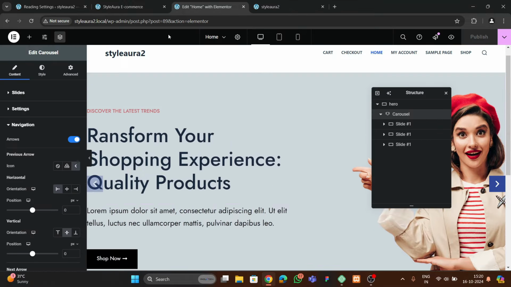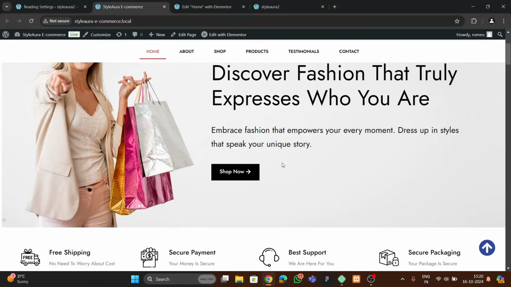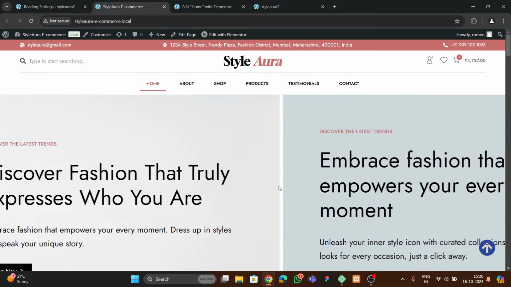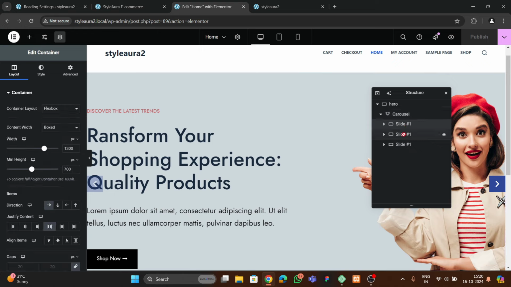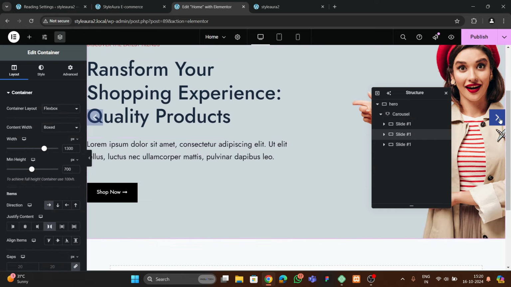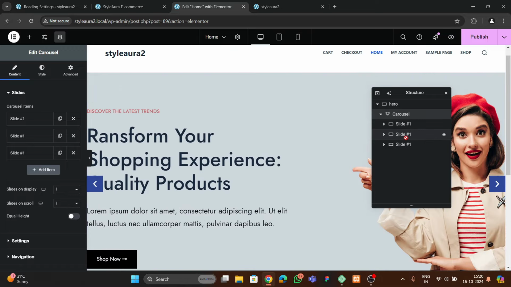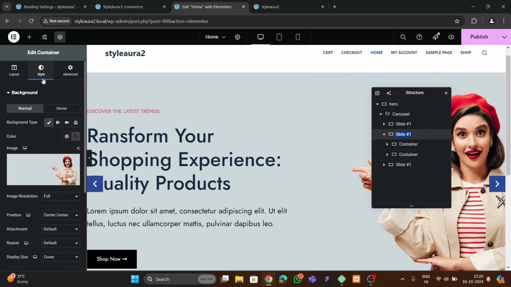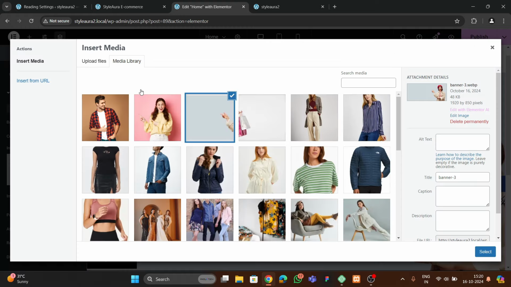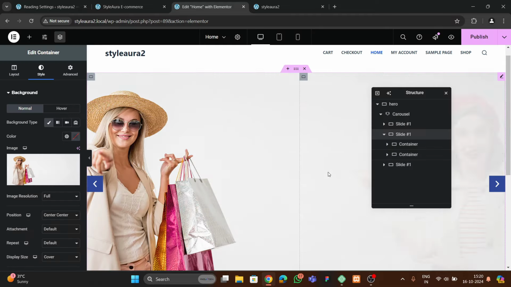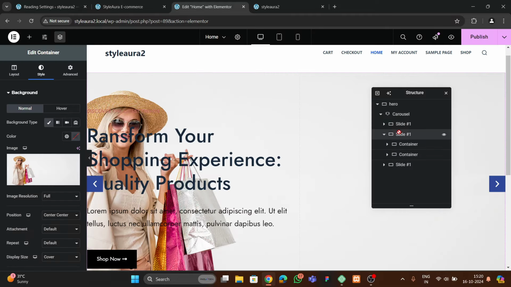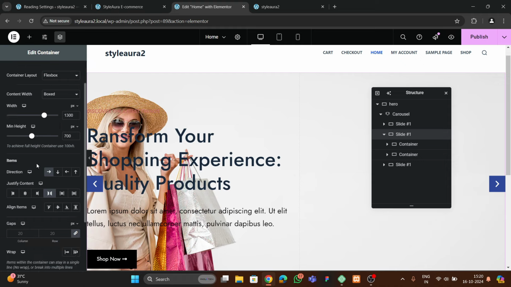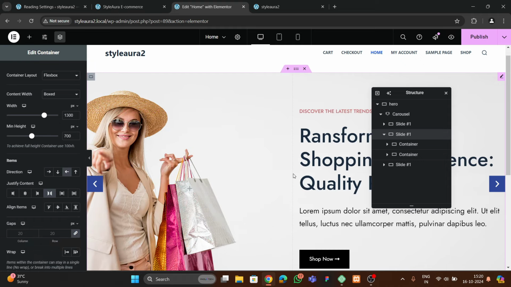Okay, then what we can do, so here you can see that if I scroll, we have these images and the text is here. So what you have to do, you have to just go to this second one, and after going to the second one, you can go to this, here we're gonna go to this container, go to styles, and here we're gonna choose the different image. So let's choose this image like this. Now we can go to this slide, and here we're gonna make this like this. Okay, like this. So let's publish this,